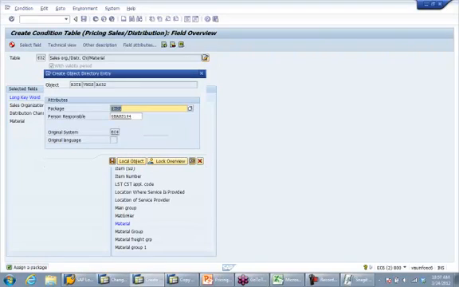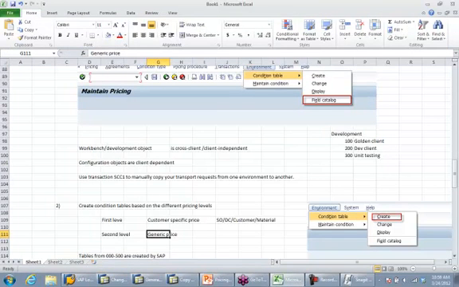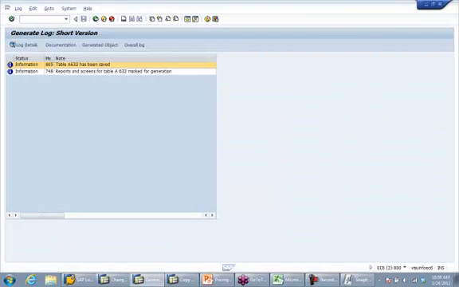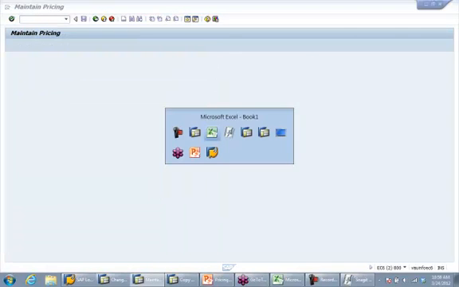Okay, whenever you save it as a local object, basically the package that you're saving it to is $temp. So you can just click on local object again. Okay, now we have created two tables, 630 and 632. Okay, now step 2 is done. Now the next step 3 is